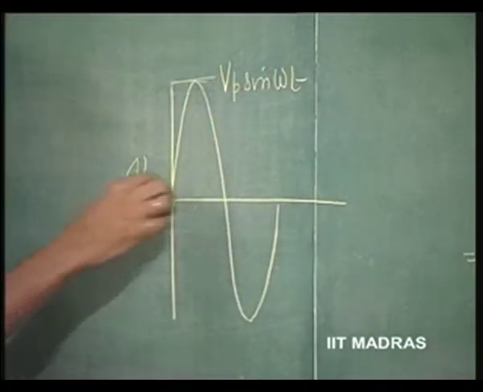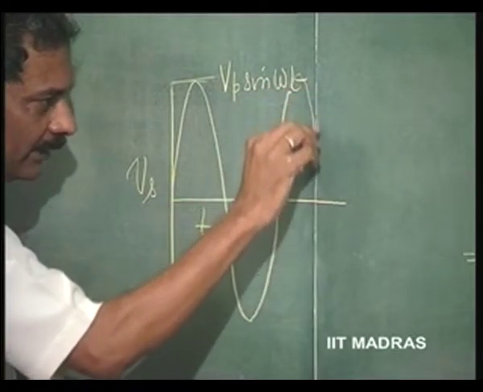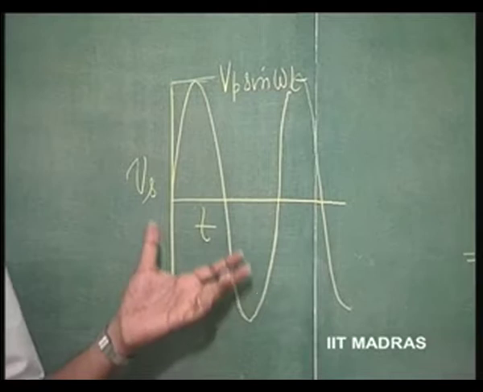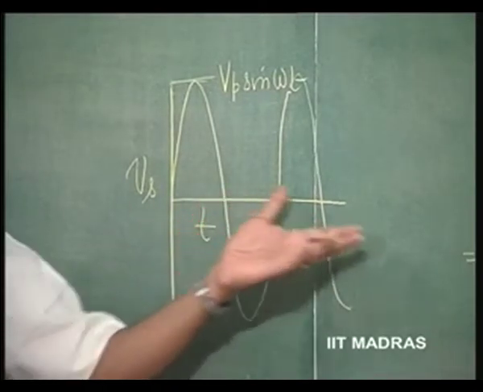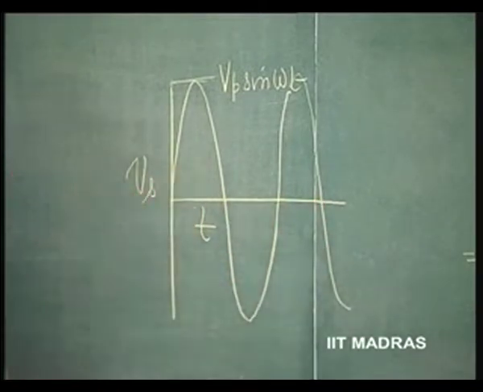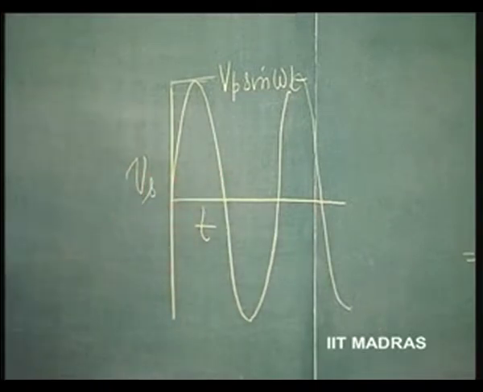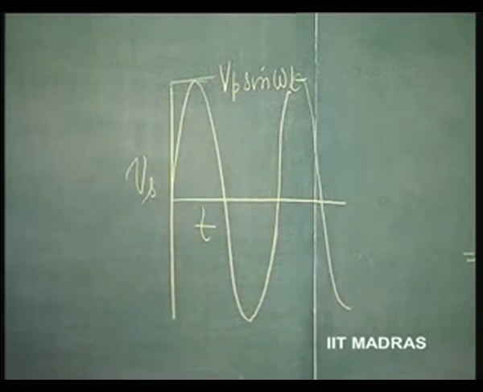Vs is a time varying signal, periodic. This is normally the test signal for testing any amplifier, because any periodic signal can be broken up into a summation of fundamental and its harmonics. So we can therefore test any amplifier by using a sinusoid as the test signal. So, if Vs is Vp sin omega t, then